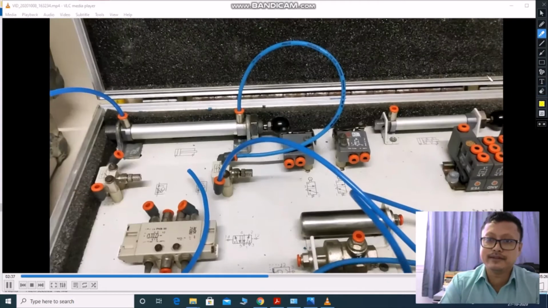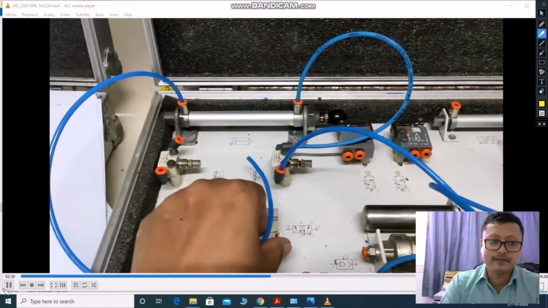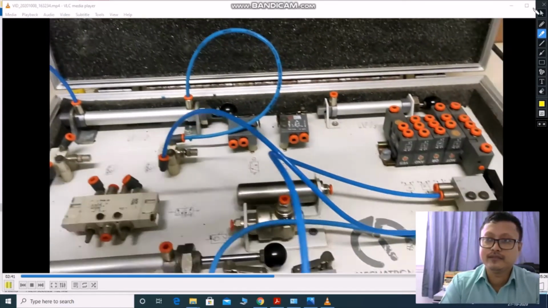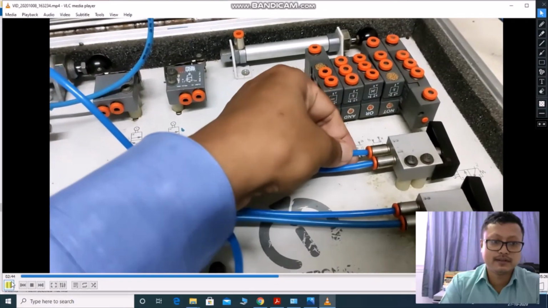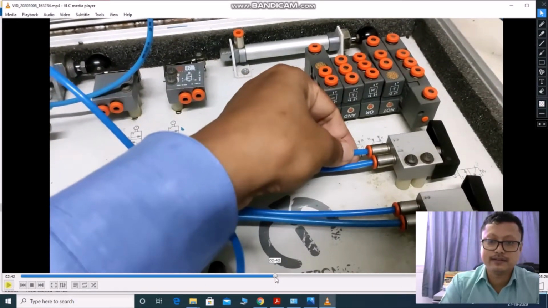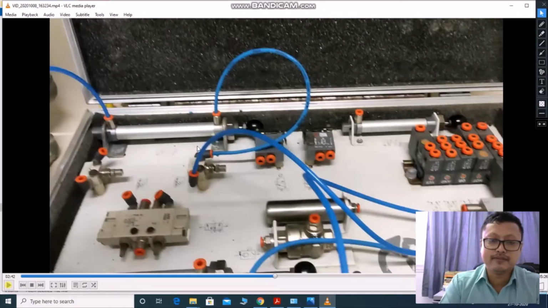In this experiment, if you regulate the flow control valve on this side, then the extending motion you can make slower.